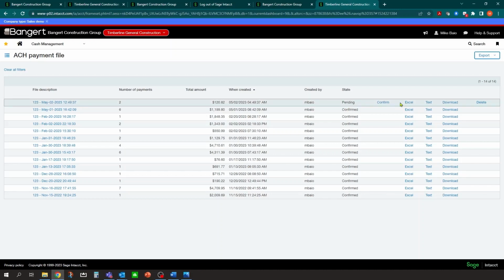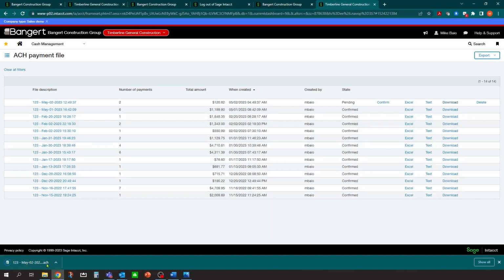Once this ACH payment file has been generated, you have the option to bring it to Excel, bring it to a text file, or download it into an ACH file. So I would click download here, and you'll notice that ACH file gets downloaded on your machine. I'll open it up.